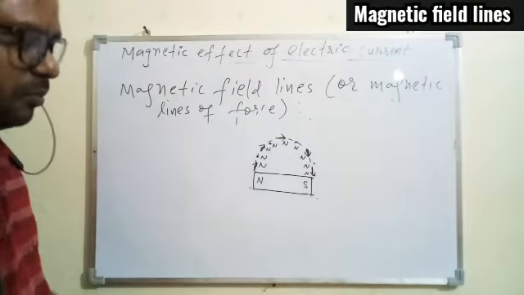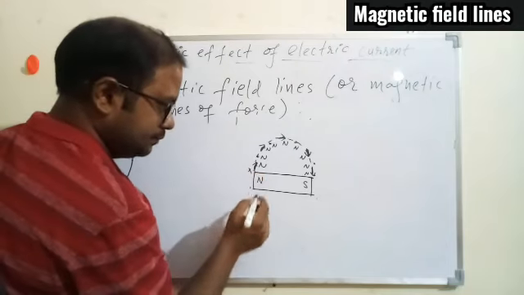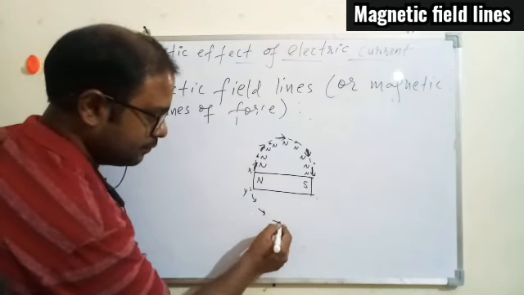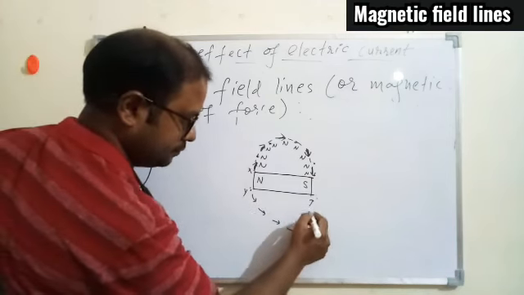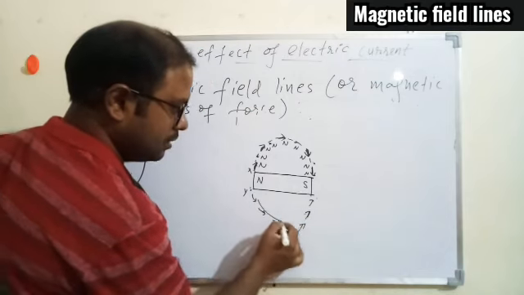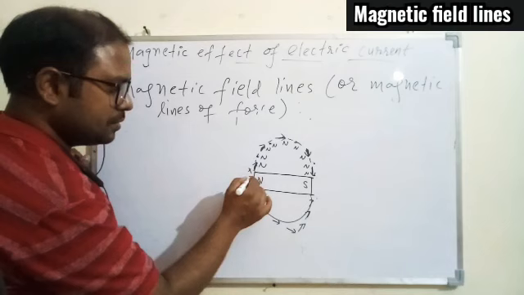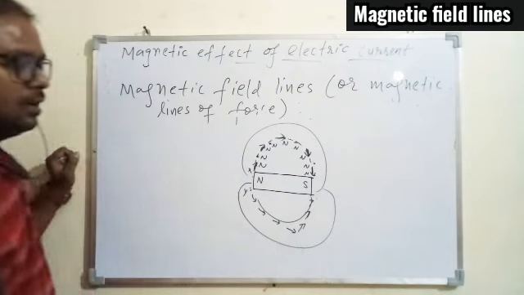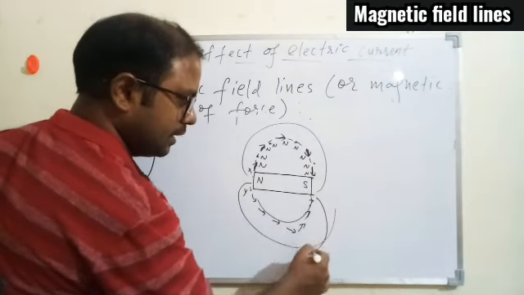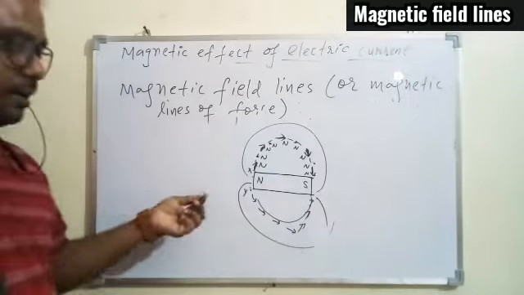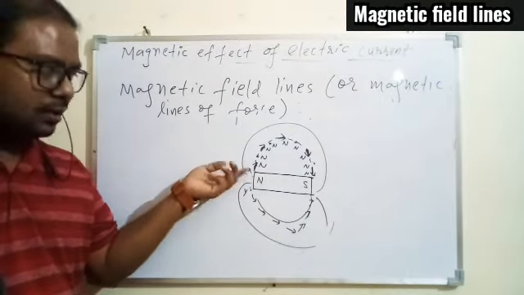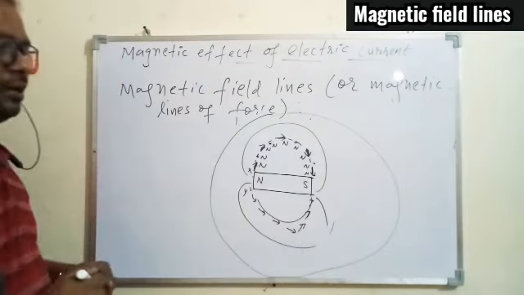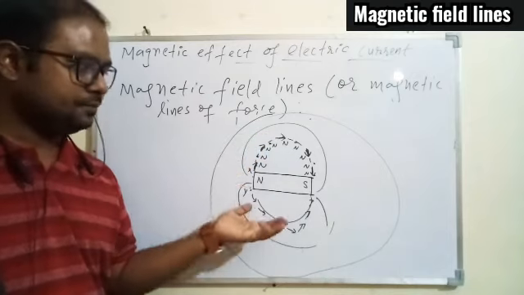But if you repeat the same, now you started from point X, if you start from point Y, again you see the needle will start facing and it will finally come back here. So it will give you another magnetic field line. If you start from some other point here, you will get another line. If you start from some other point, you will get another line. And all the time you will get a separate line. Every time you change the position from where you start, you will get a separate line. So within the space, within the magnetic field, there are infinite number of magnetic field lines.